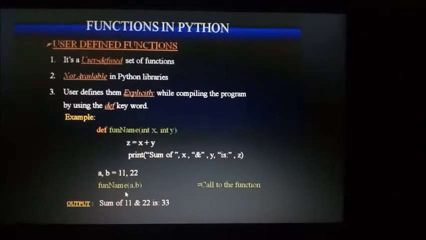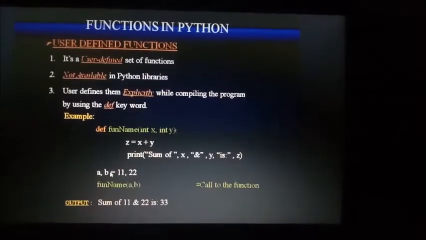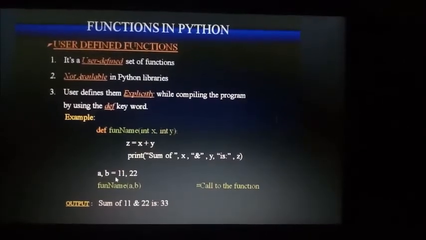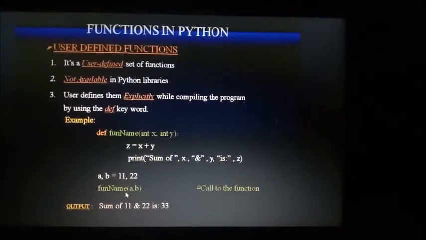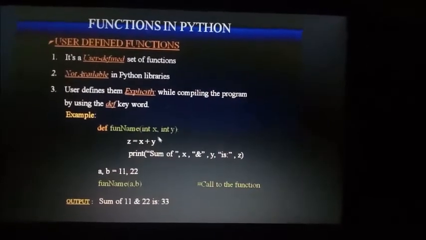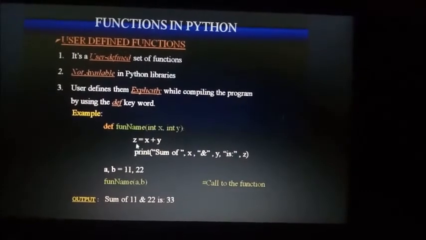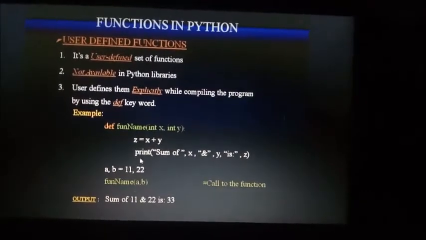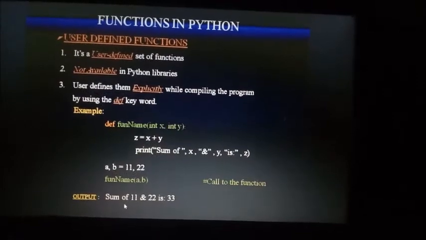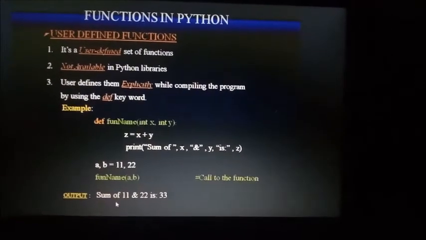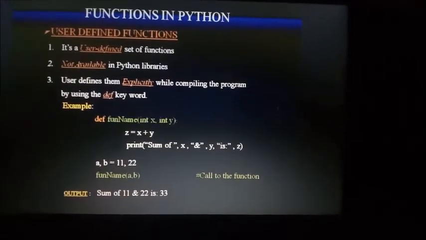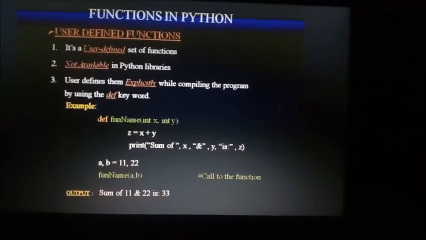Thereafter we have declared two variables a and b with values 11 and 22, and we have invoked the function. You can see this is the name of the function which we have defined here with def, and we have passed a and b as arguments. So this function will work. This a and b, 11, 22, will be